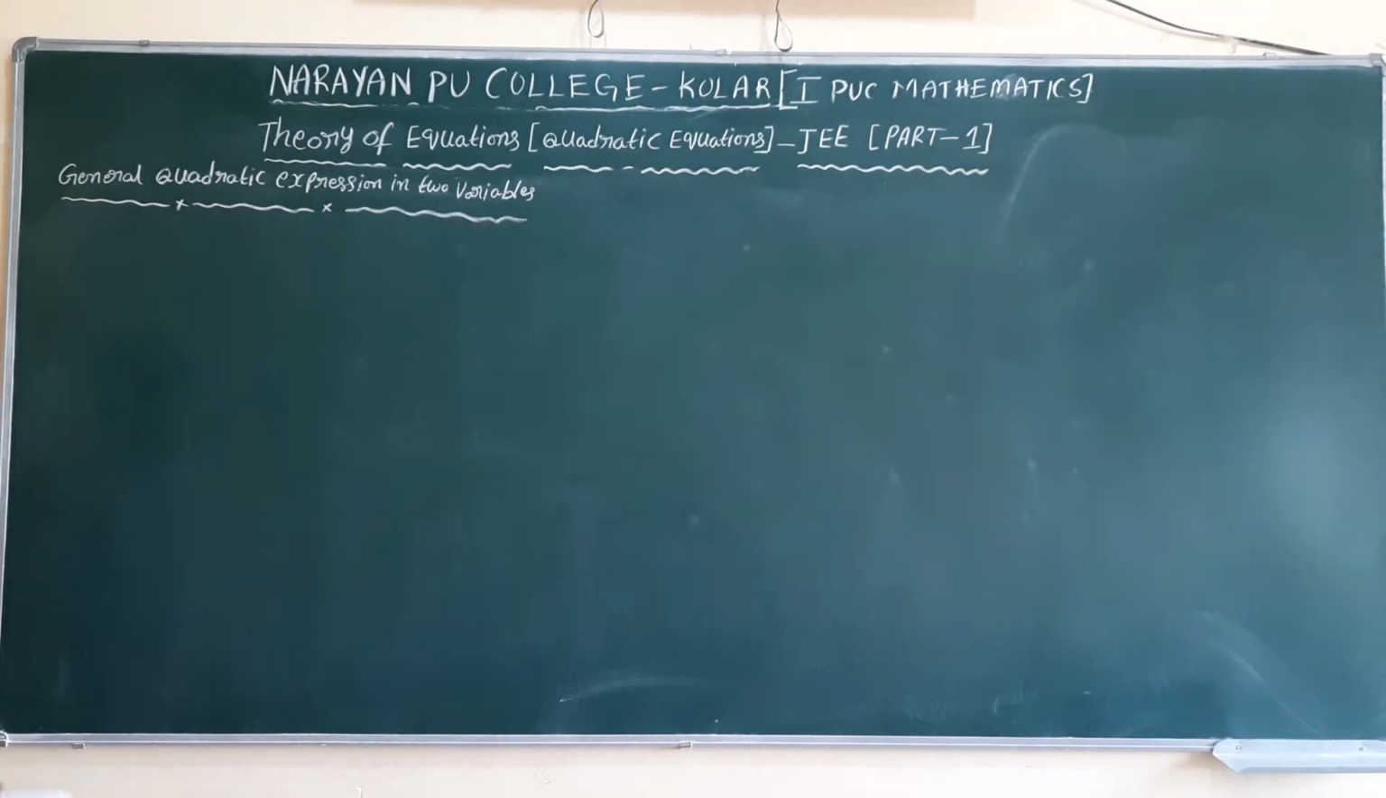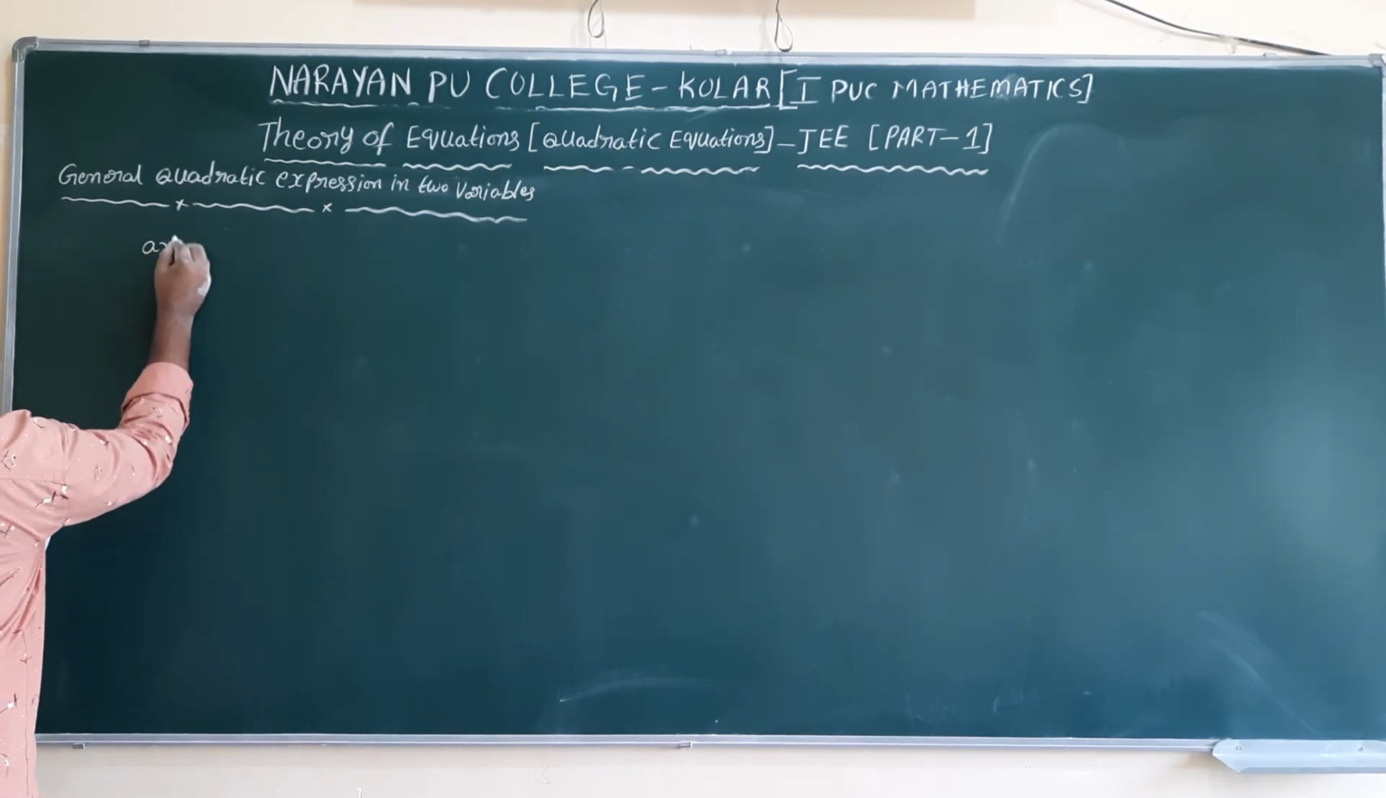So till now we studied only one variable, either it be x or y or p, whatever it may be, one variable quadratic equation we studied. Now two variables, suppose xy, pq, rs, like that, general quadratic expressions in two variables: how to find out the discriminant and how to find the solution. So general form is